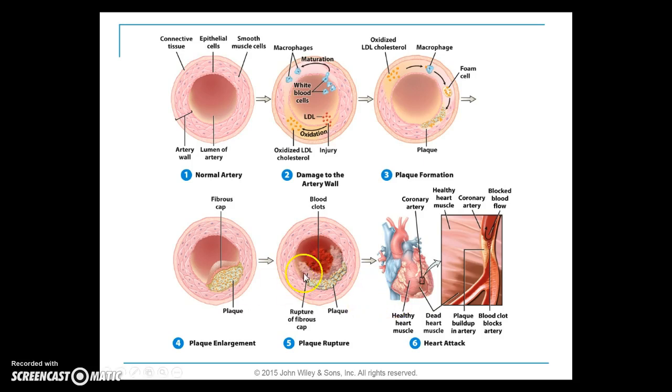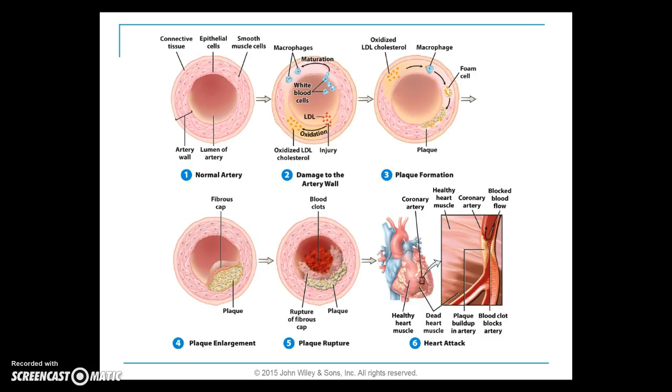And then this plaque can rupture, and as the inflammation continues, blood clots can form around it, and it can completely block the artery at that spot, or break loose and block an artery elsewhere, and this can then, you see here, lead to a heart attack. If the blood flow of the artery is blocked, a heart attack results, and the heart muscle cells are cut off from their blood supply and die, causing pain and reducing the heart's ability to pump blood. So if blood flow to the brain is interrupted, a stroke results, and brain cells are cut off from their